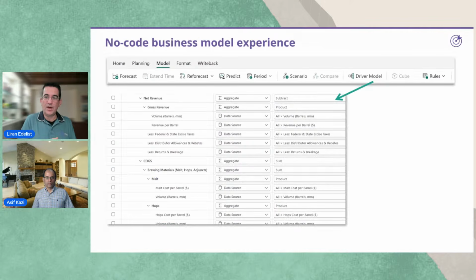And we also have the ability to do a no-code business modeling experience, which allows you to do a row level calculation and for more like driver-based modeling when you have leverage and so on. So the capabilities are not just, okay, just Excel. It's something much more sophisticated than that. It's a system that can scale from a very basic data entry to enterprise solution with a lot of business logic and connected data between those modules.